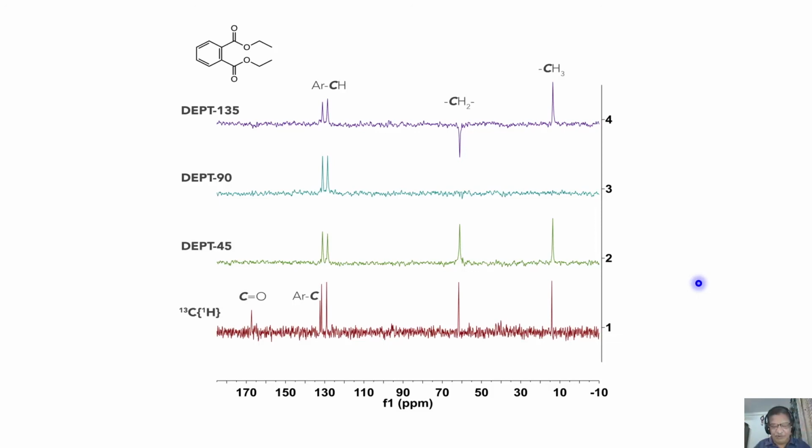Normally, the experiments have been done as a function of various angles phi, measuring the intensity of 3 different types of carbons. It is observed that when phi is equal to 45 degrees, all 3 types of carbons have positive intensity. In the normal spectrum, everything will come. When phi is equal to 90, you get only CH carbons. When phi is equal to 135, all carbons attached to an odd number of protons, that is, CH carbon and CH3 carbons, are positive in intensity. CH2 carbon is negative in intensity.